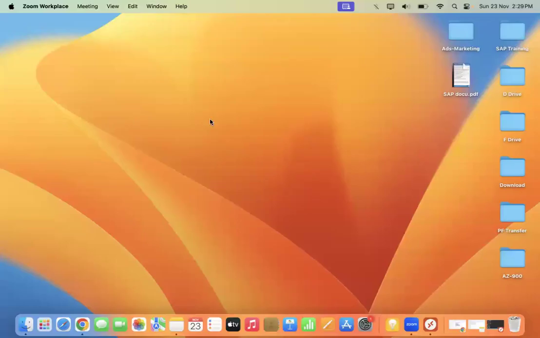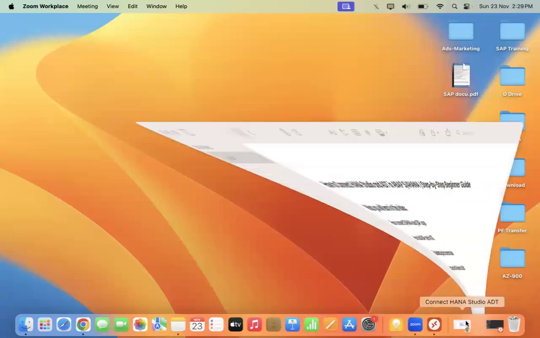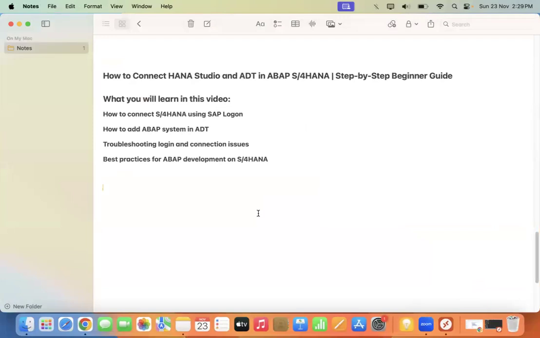Hello everyone. Today we will discuss how to connect SAP HANA Studio and ADT in ABAP for S/4HANA, step by step. This is a beginner's guide. In this recording, we will discuss how to connect to S/4HANA